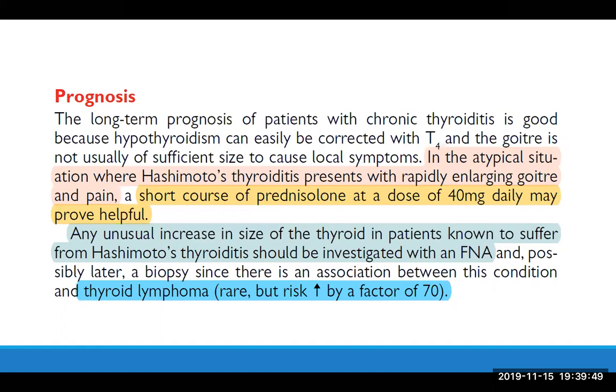Any unusual increase in the size of the thyroid in patients known to suffer from Hashimoto thyroiditis should be investigated with fine needle aspiration biopsy to exclude lymphoma, the risk of which is increased by about 70 folds in a case of